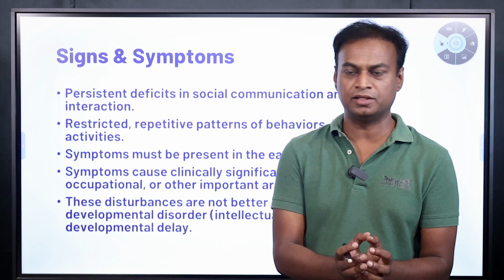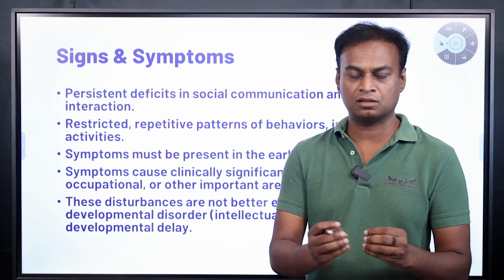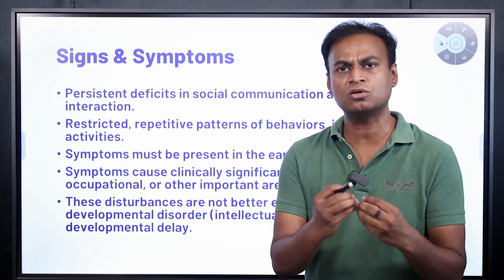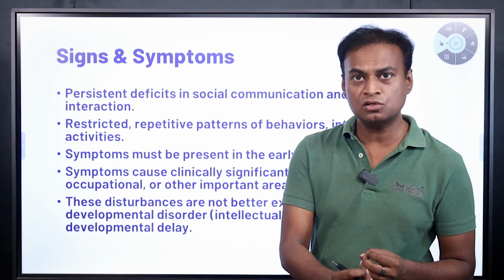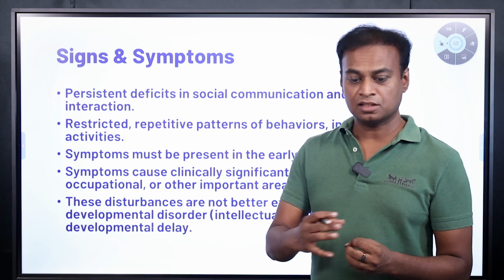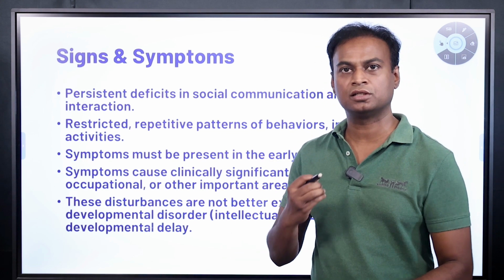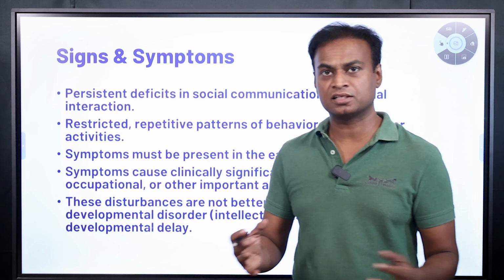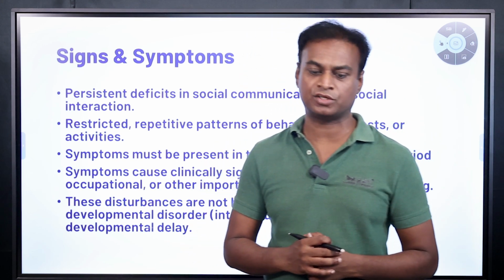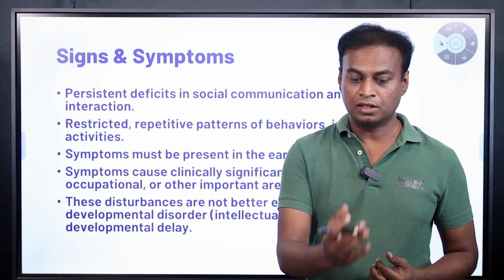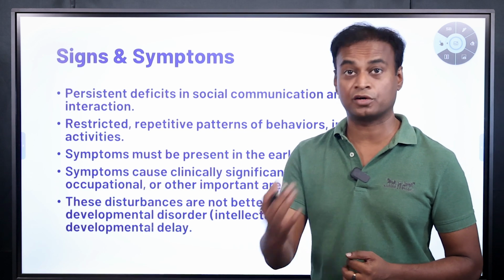See the autism kid, if other kids come and try to play with him, he will not notice the other kids. He doesn't know that other kids exist. Such is the lack of social interest or social interaction. They will not respond to the social interactions. This is the first one, deficiencies in social emotional reciprocity.